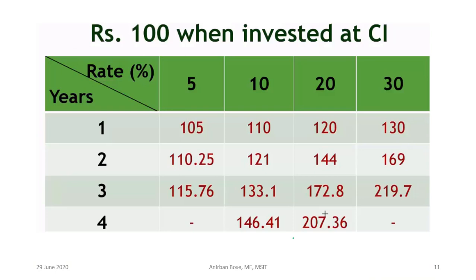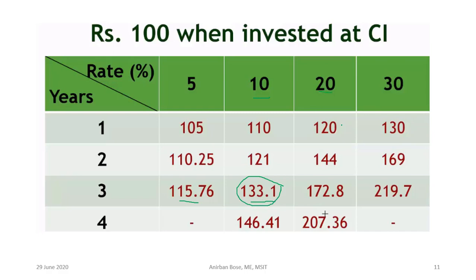Okay, so now if you can remember this table, then that will definitely help you to solve certain compound interest problems. Here you can see, if the rate of interest is 5, then after 1 year its amount will be 105. After 2 years the amount will be 110.25. After 3 years it will be 115.76. Similarly, if the rate of interest is 10, then it will be 110 in the first year, in the second year it will be 121, in the third year it will be 133.1. Okay, so in this problem, if you can remember this portion directly, you can put this portion.